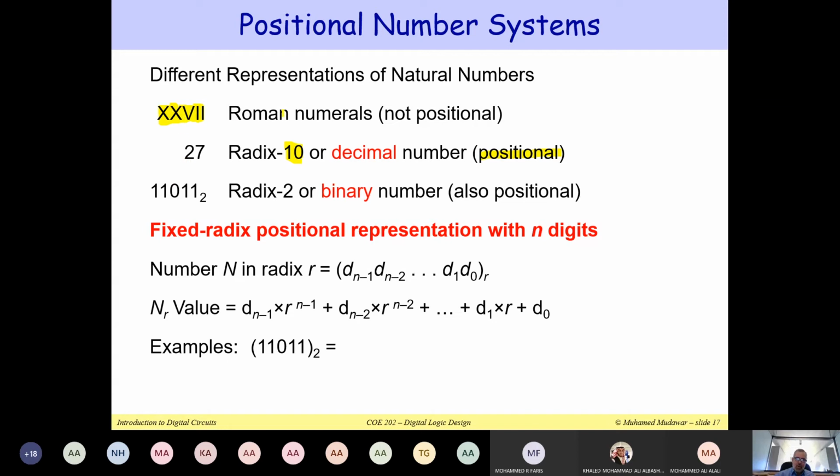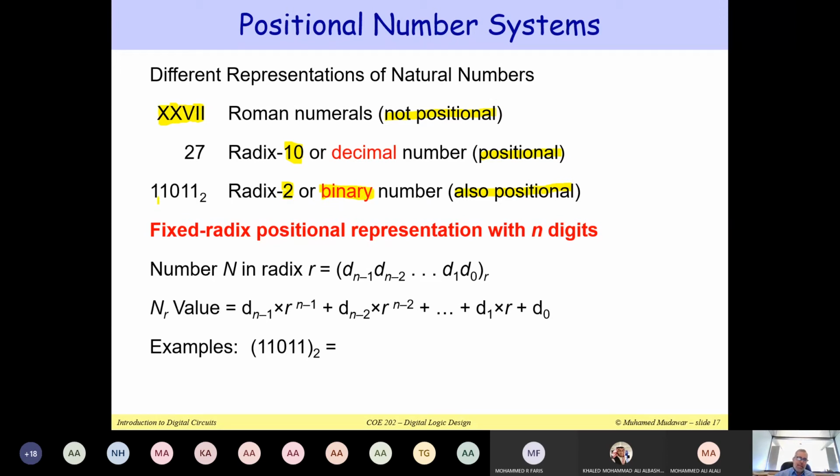On the other hand, the Roman number system is not positional. You can write the X anywhere inside the number and the X is still 10. Whereas the digit that you write in a positional number system has a weight. So this 2 is not a 2, it's a 20. And this 7 is just multiplied by 1. The binary number system, we call it Radix 2 because we only have 2 digits, 0 and 1, is also positional. So this is the binary number system. It's called binary because it's only 2 digits.